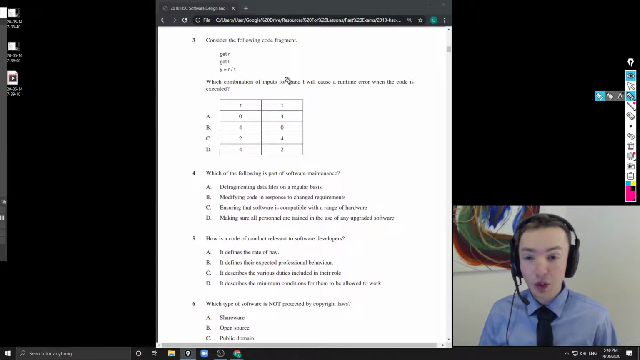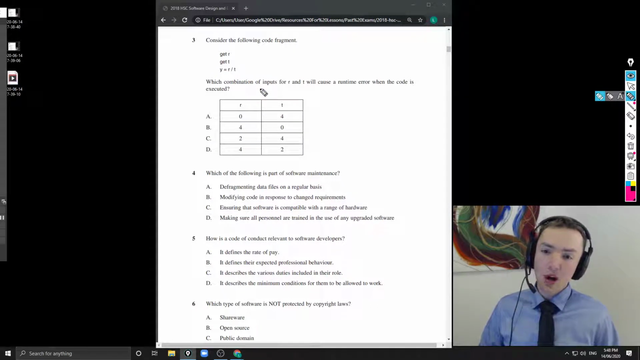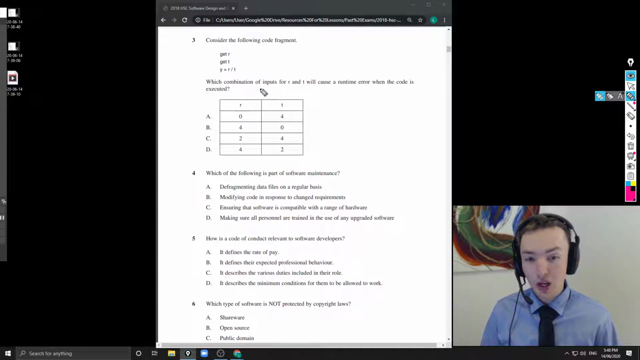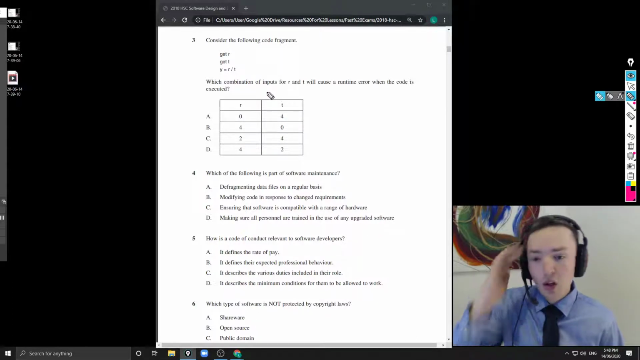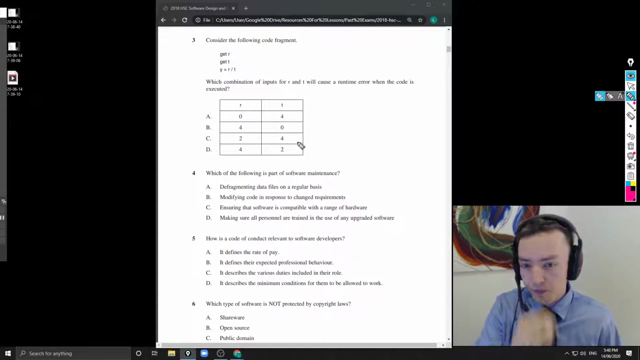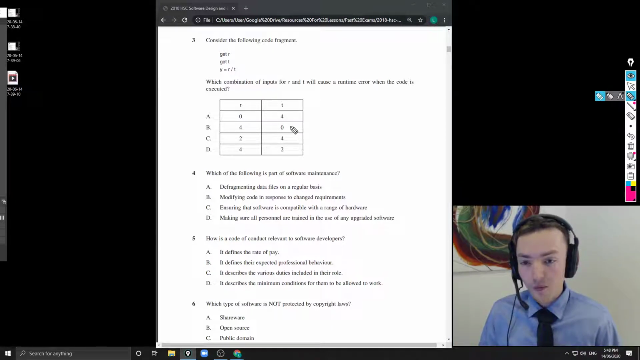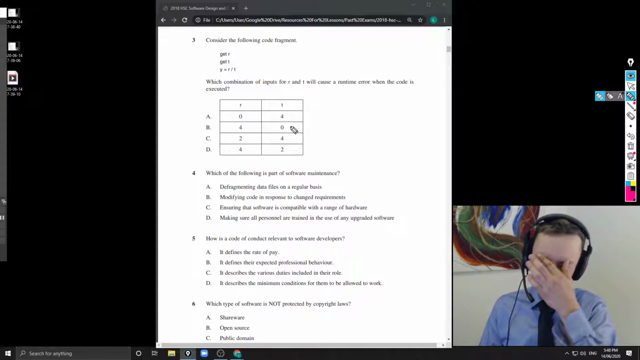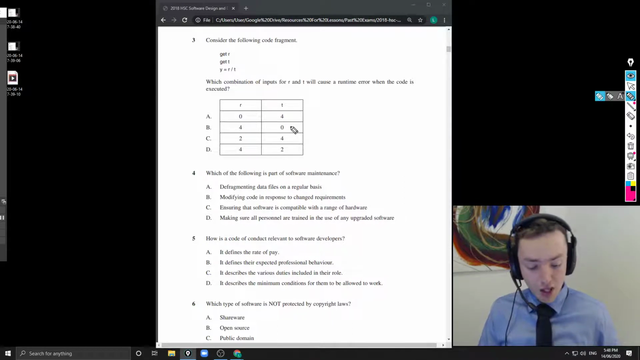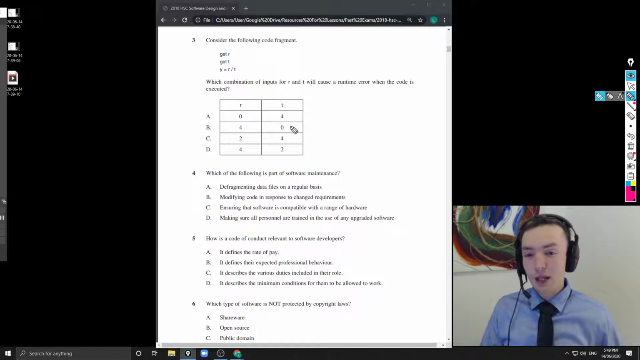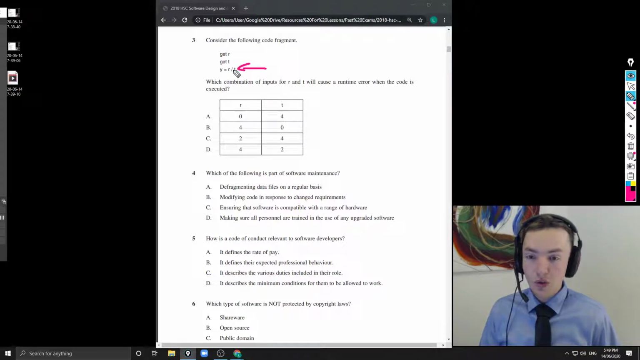So consider the following code fragment: get R, get T, Y equals R over T. Which combination of inputs for R and T will cause a runtime error when the code is executed? All right, so here are the options. Now, there's a few parts to this question. If you're a wizard at maths and you really like maths, you might be able to pick up the answer automatically, because you see here we have a division. So this is a division operation happening here, and we know from maths